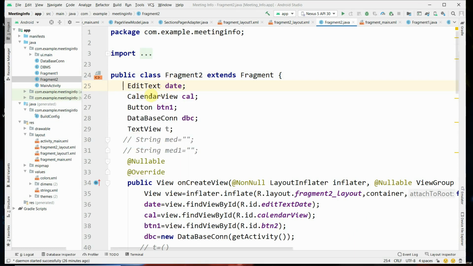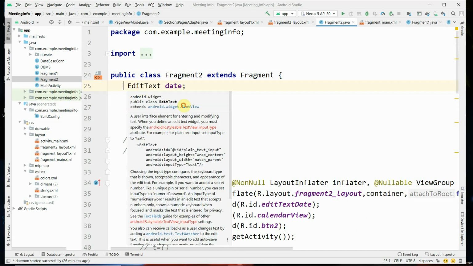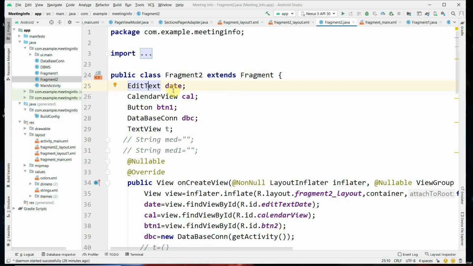type is to select the meeting date from the calendar. When you select the meeting date from the calendar, the date will be stored in the edit text date. Calendar view is used once again to show the calendar, the button object is btn button in this class, and the database connection object is dbc for this class.